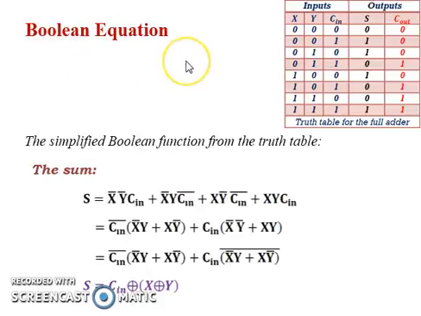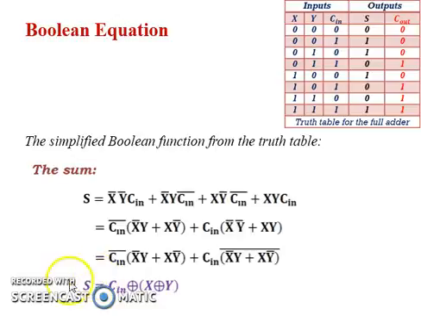To develop the Boolean expression, sum all the terms where you are getting the output 1. Here for the sum you can see that at 4 places we are getting the output 1, so we have added these 4 terms. Once you get these 4 terms, apply some Boolean algebra and reduce it. The equation in the purple color is the reduced expression